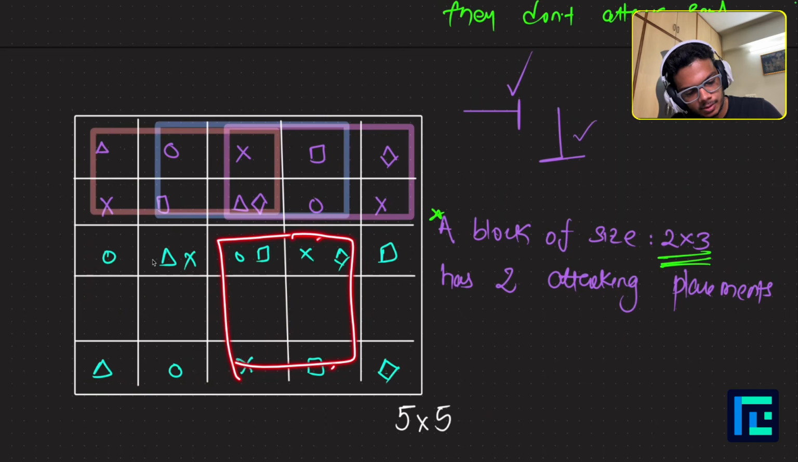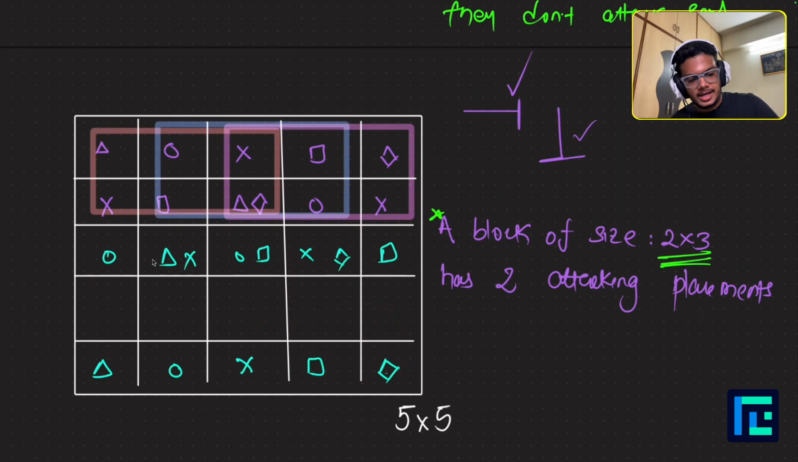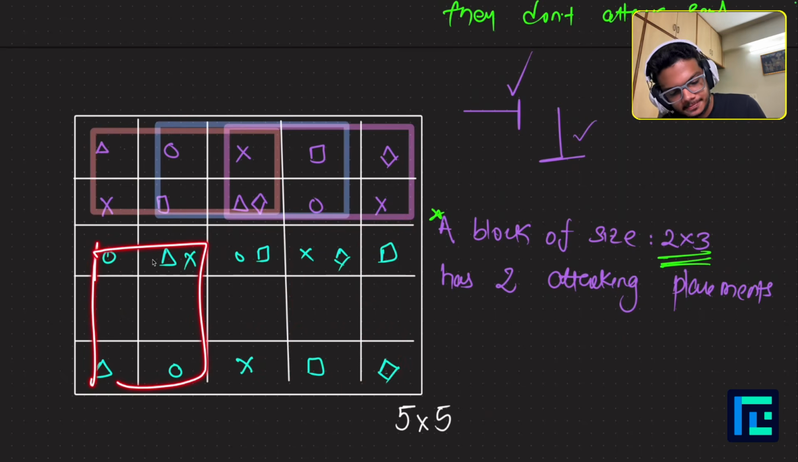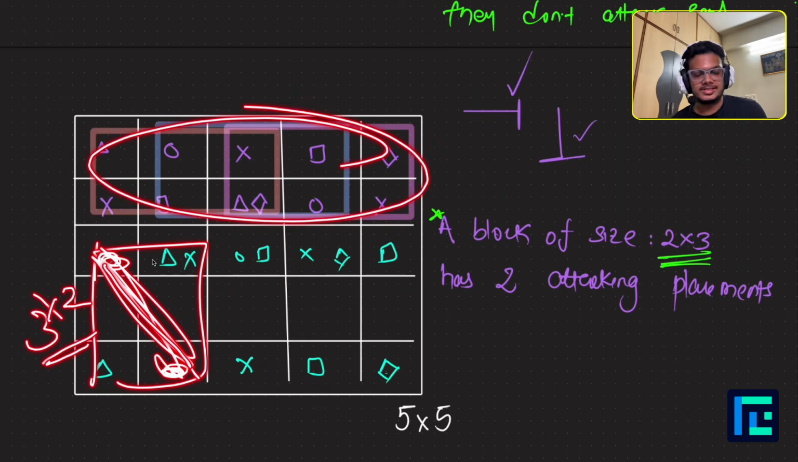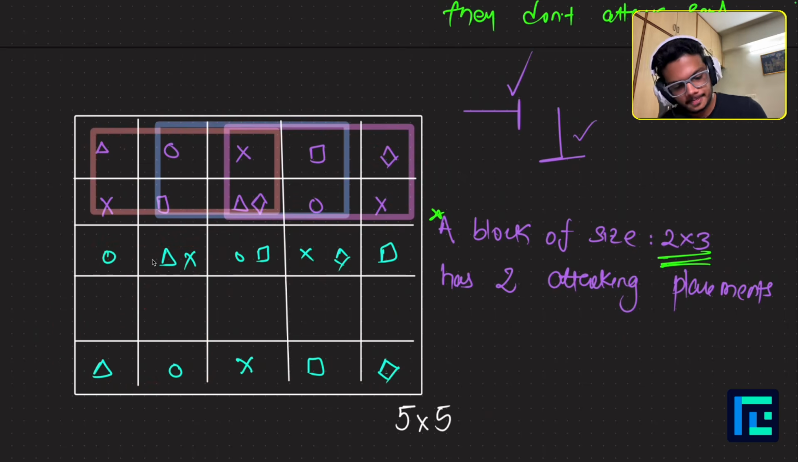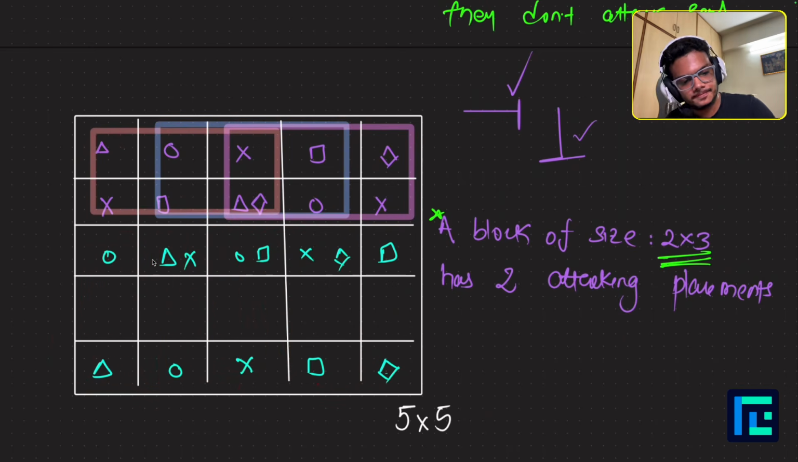You have one attacking placement here, one attacking placement here. Similarly, this slab, you have one attacking placement here, here. And every attacking placement, for example, here, is unique to this 3 by 2 slab. Also, this is not going to occur in any of these 2 by 3 slabs, right? Every 3 by 2 slab